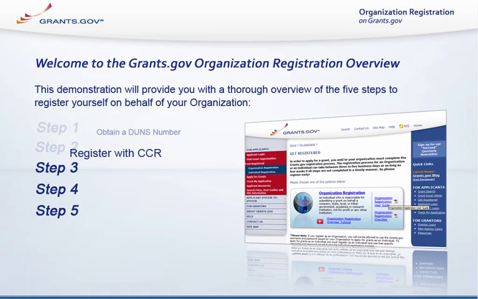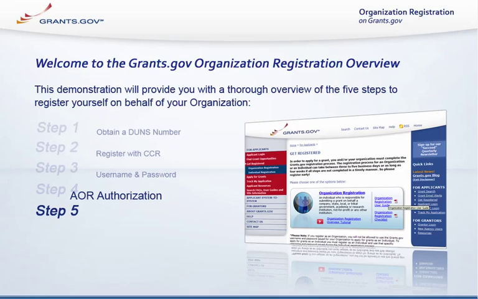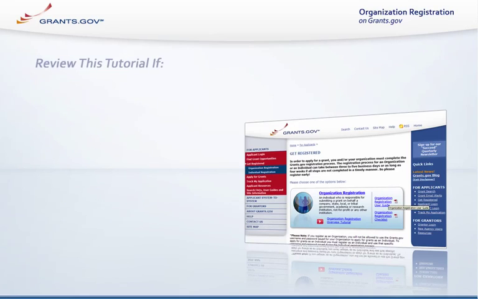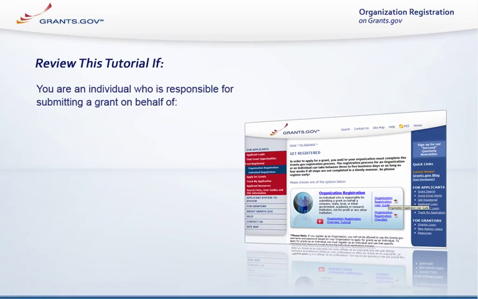Step 2. Register with CCR. Step 3. Username and password. Step 4. AOR authorization. Step 5. Track AOR status. You should review this tutorial if you are an individual who is responsible for submitting a grant